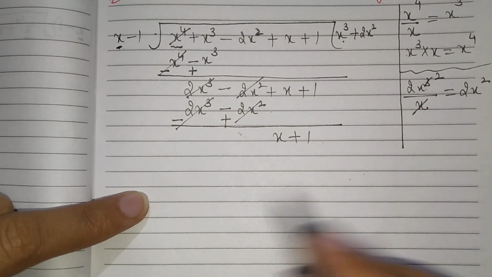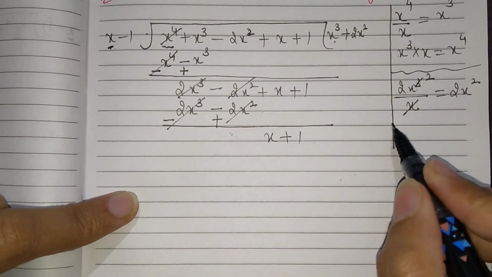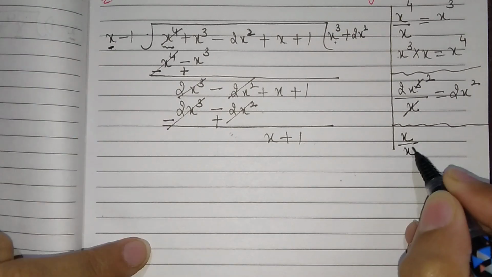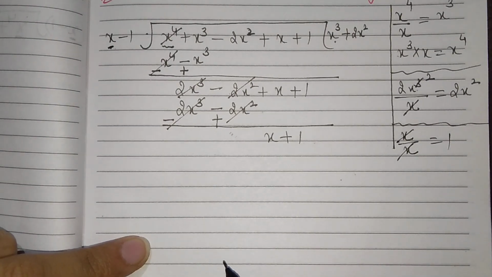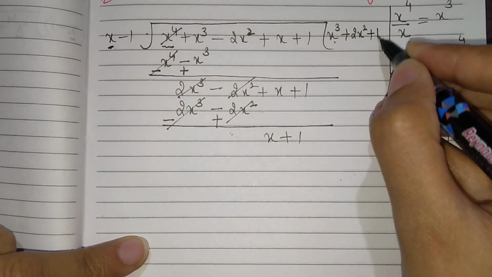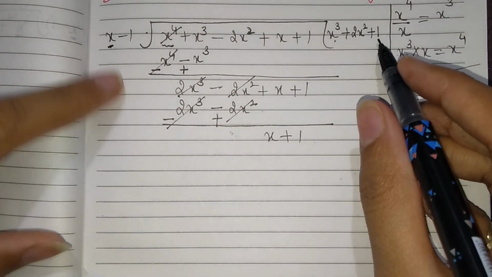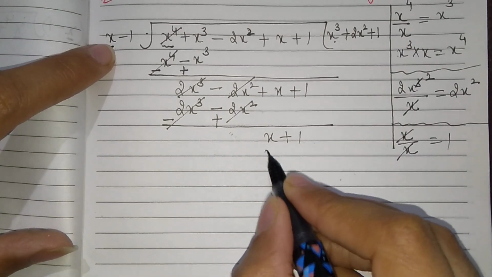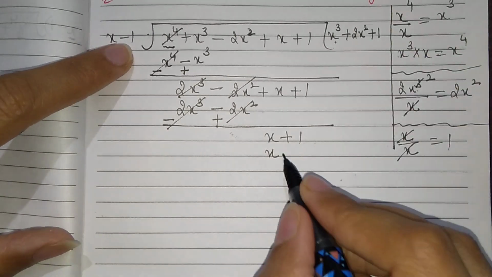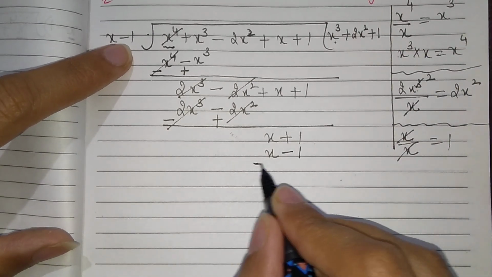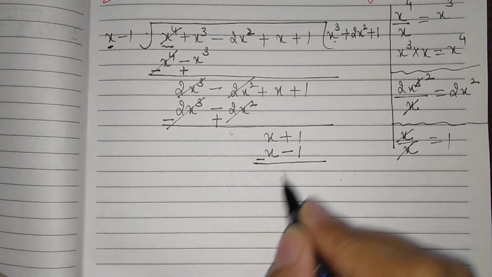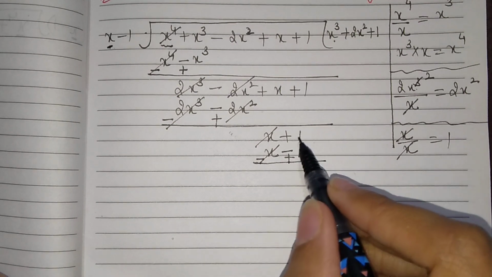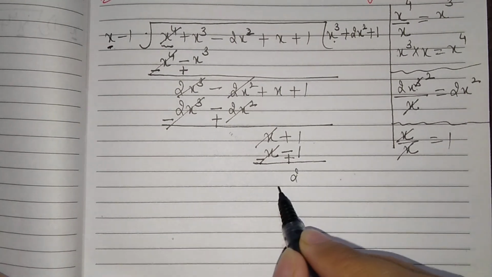After this, same procedure. First term, that is x, and from here also first term, that is x. What we get after cancellation? 1. So positive 1 will be written here. After that 1 into x, then 1 into minus 1. 1 into x is x, 1 into minus 1 is minus 1. Now change the signs, minus, and this will become positive. Now plus x minus x cancel. Plus 1 is equal to 2.